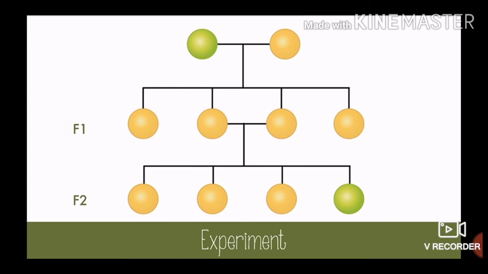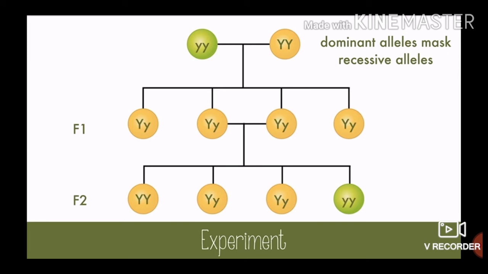What could be happening? Mendel decided that there were factors, which we now call genes. The genes could be either dominant or recessive, and dominant alleles or traits mask recessive alleles. In this case, the yellow is dominant, and the green is recessive. So the purebred parents made offspring that had green and yellow alleles, but only the yellow showed because it was dominant. And when the F1 generation bred, there was a chance that they could both give the recessive allele to the offspring, so the green peas showed up again.